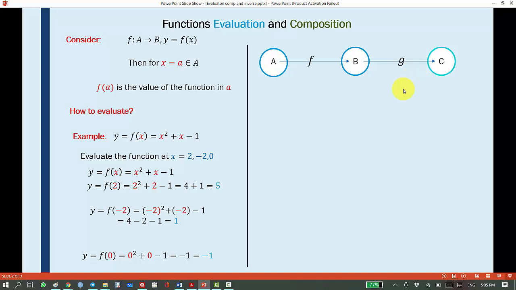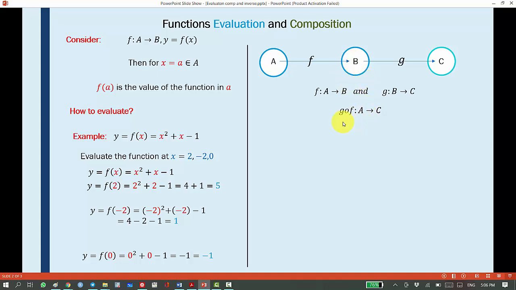What we can see is the domain of g and the range of f are the same set. This is a crucial point when we find the composition of g and f. If we have two such functions such that the range of one function and the domain of the other are the same set, we can define the composition of g and f, which is defined from A to C through